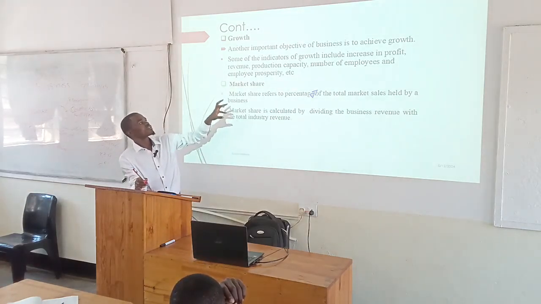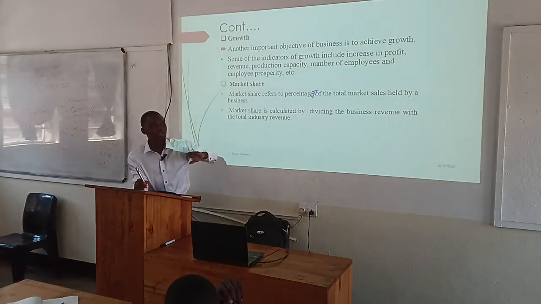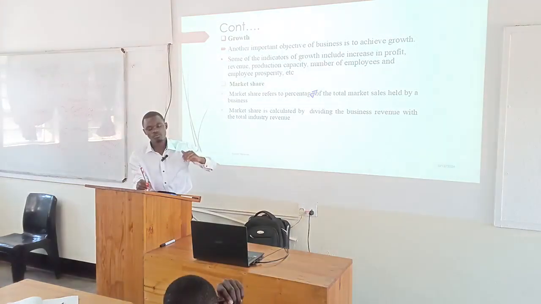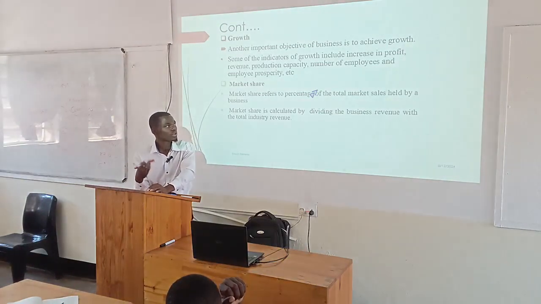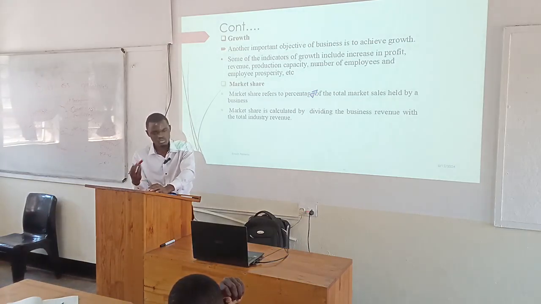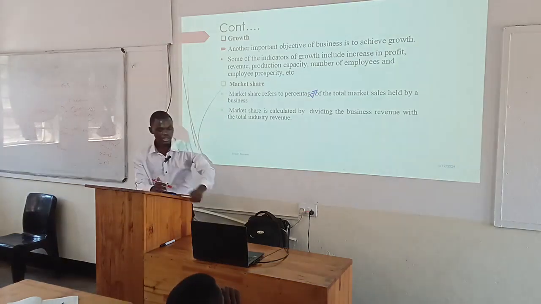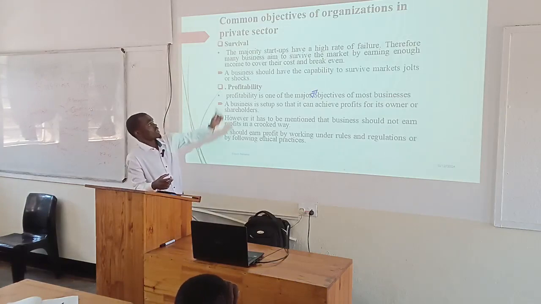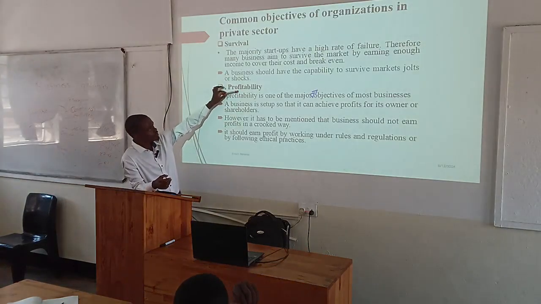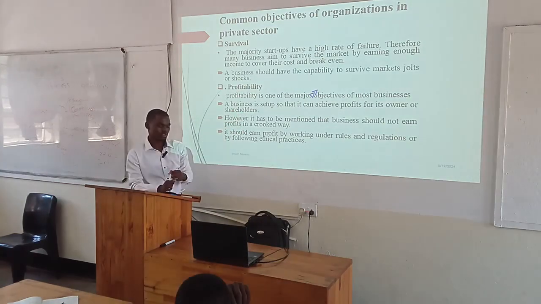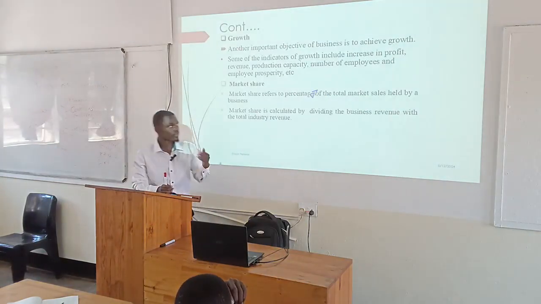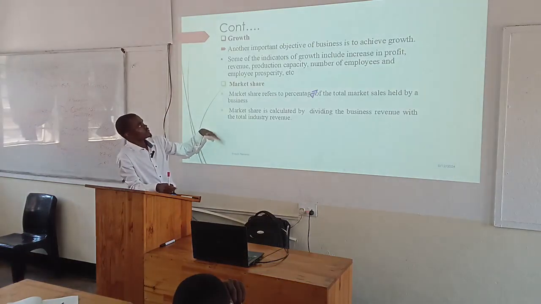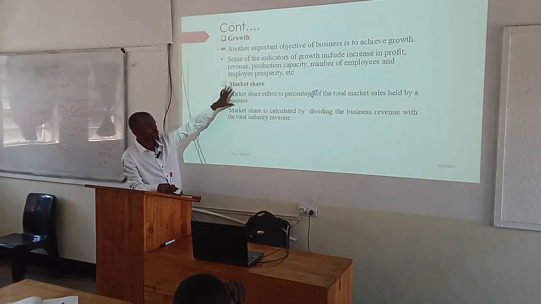It doesn't mean that all organizations that are in the private sector are for profits only. We also have some organizations in the private sector that don't aim to achieve profits. So they have their own objectives. Those organizations, for example, can aim to survive, but they don't aim to make profit. So they skip this objective and go to other objectives. For those organizations that are not there to make profits, they skip the first objective. They can go to growth, or they can also go to increasing the market share.